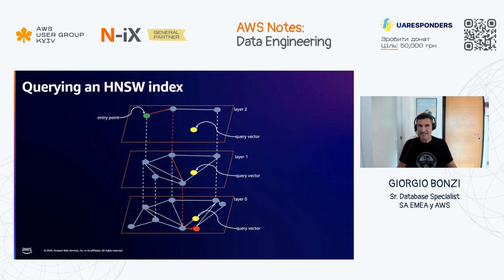When you execute a similarity search, in this case the query vector is the yellow one, the graph is traversed, starting from an entry point in the higher layer and moving down to the bottom layer to retrieve the closest result, in this case the red node, so the red vector. You can compare this kind of algorithm to a Google Maps search. You start from the country, then you zoom into the region, then the city, and finally the streets to find your input address.